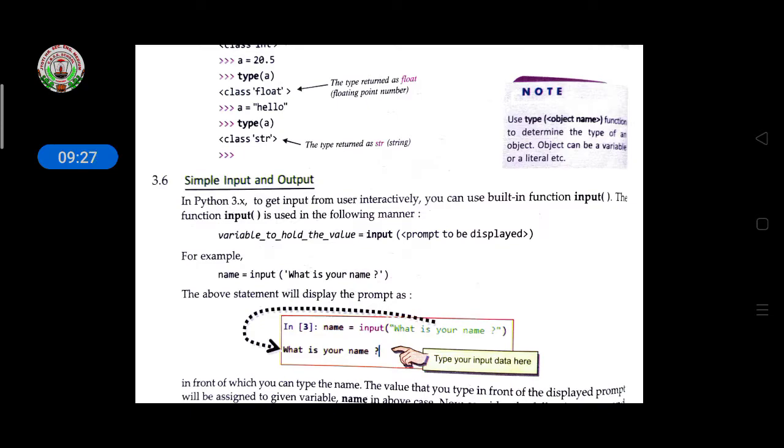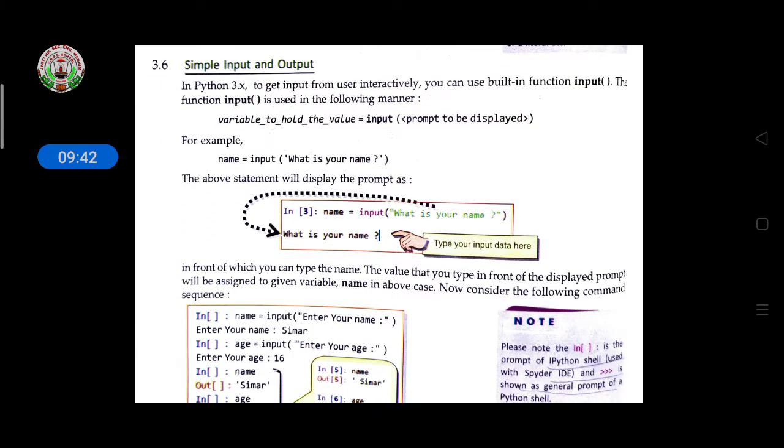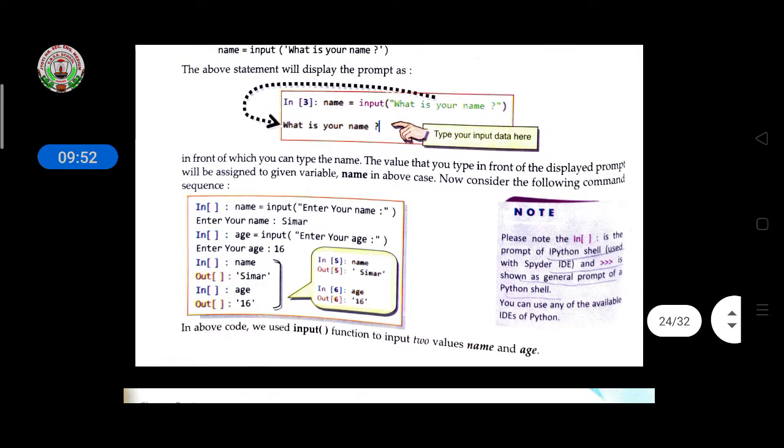So first of all, if you are giving the instruction or assigning any value, character value or string value or any value, then what is the use of input? Suppose input will ask the question, whatever you had written in input will print in your console. Then afterwards you have to type the answer here. Like this, the input function is used. So see here, the value that you type in front of the displayed prompt will be assigned to the given variable name in the above case.